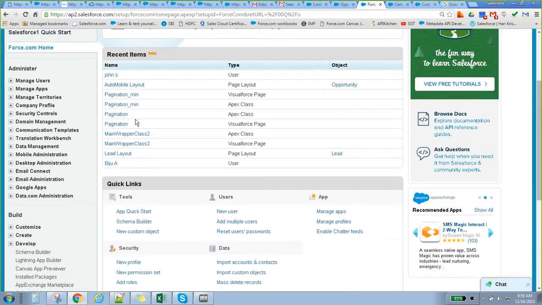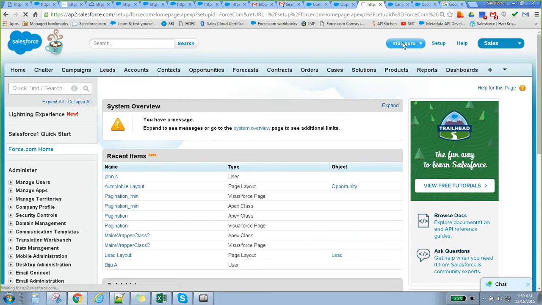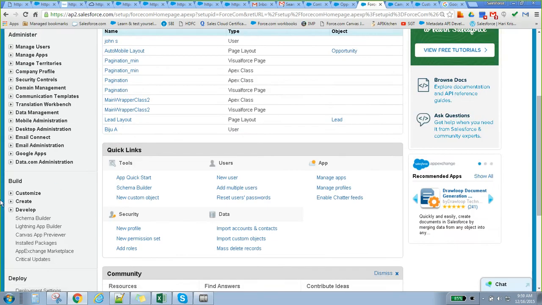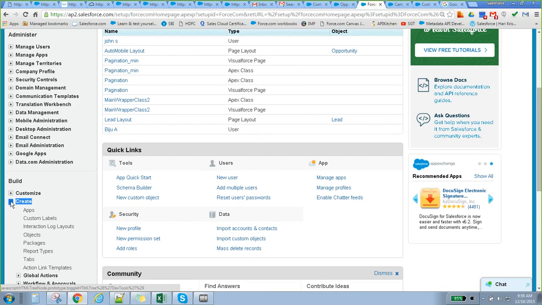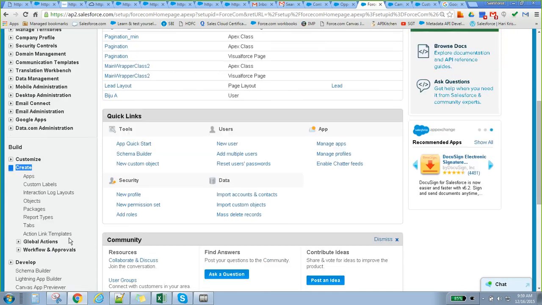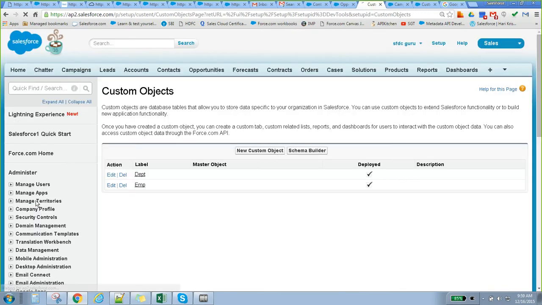For creating a custom object, click on Setup and navigate to Create. Here you can see Objects. If you remember, there are two things already, employee and department.